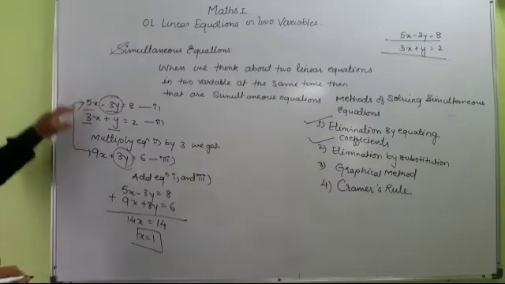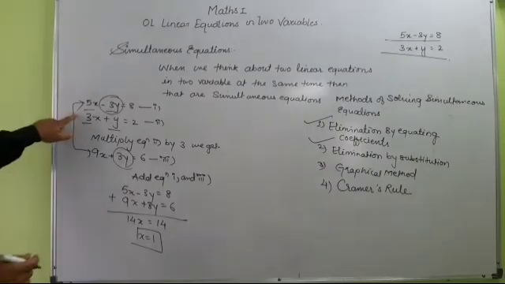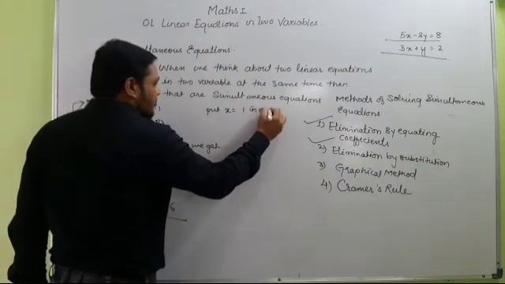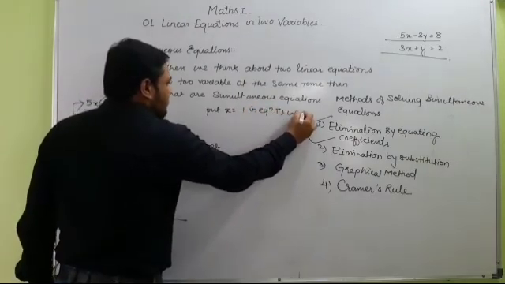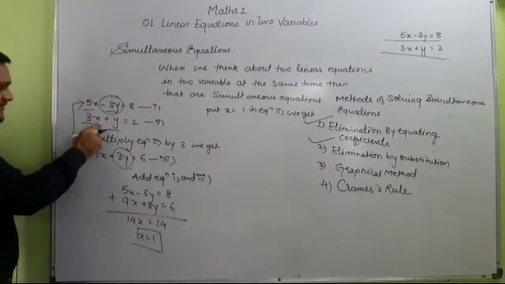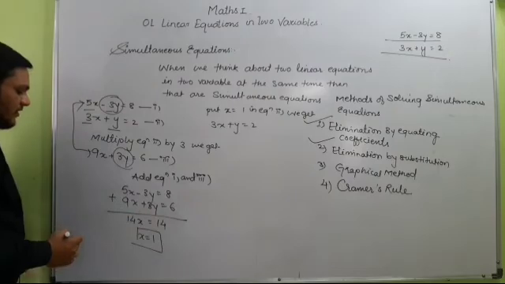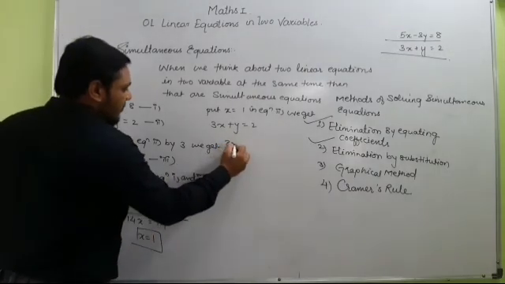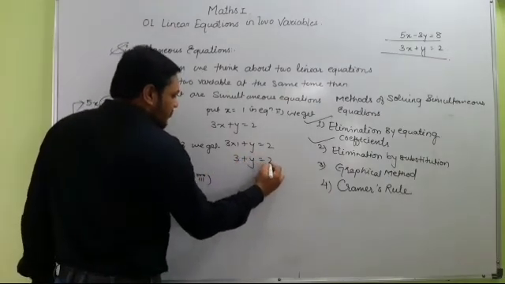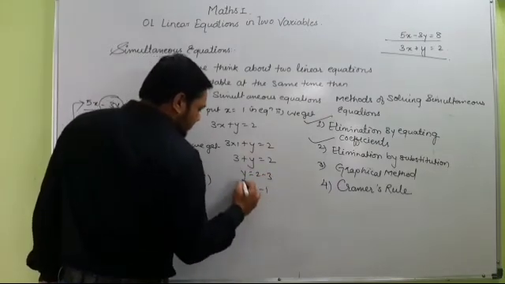Now by putting the value of x in one of the equations, we will get the value of y. It is very easy to put the value of x in the second equation. Put x equal to 1 in equation 2. So what will we get, students? 3x plus y equal to 2. This is our second equation. Now we put 1 instead of x, so it becomes 3 multiplied by 1 plus y equal to 2. So 3 ones are 3. 3 plus y equal to 2. It becomes y equal to 2 minus 3, y equal to minus 1.